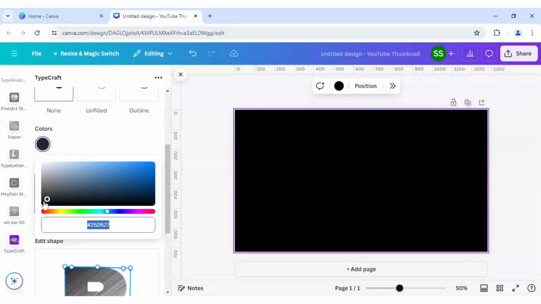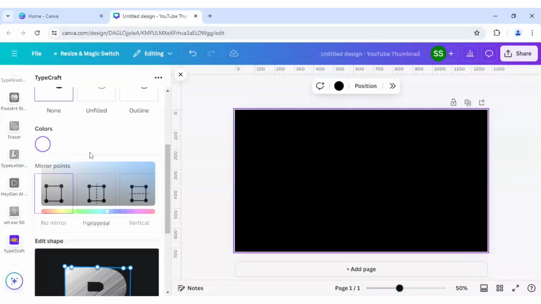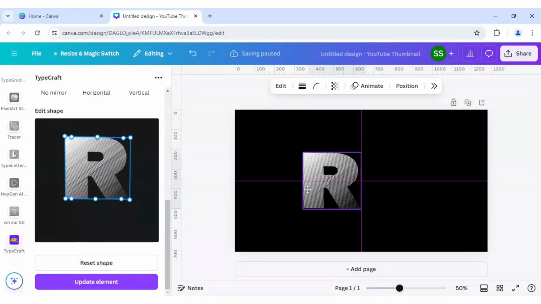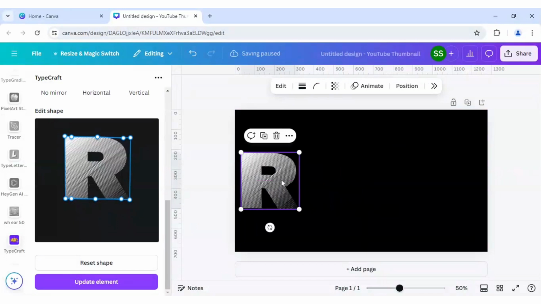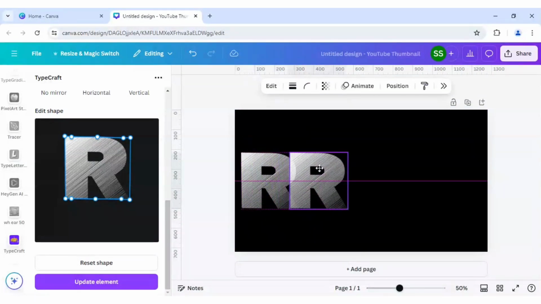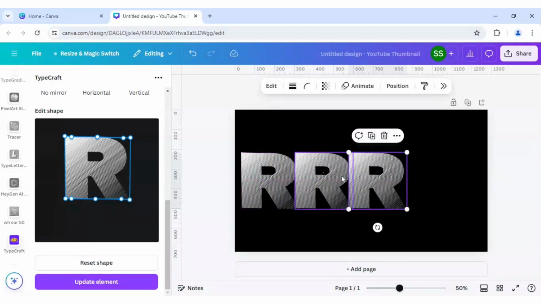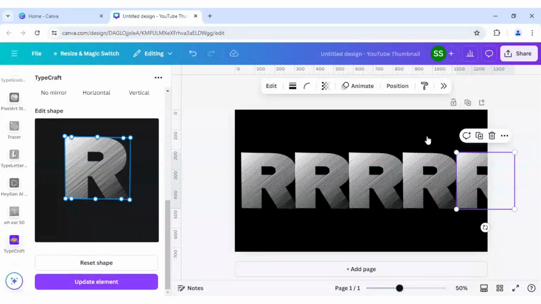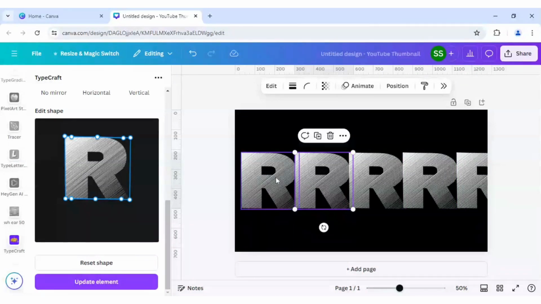Let's choose the color as white for the first time. Okay, and add element to design. Okay, so this one is done. Now let's duplicate it more 6 times, because the rainbow is RAINBOW, so more 6 times. So first 5 I will do, then I will do the next 2,